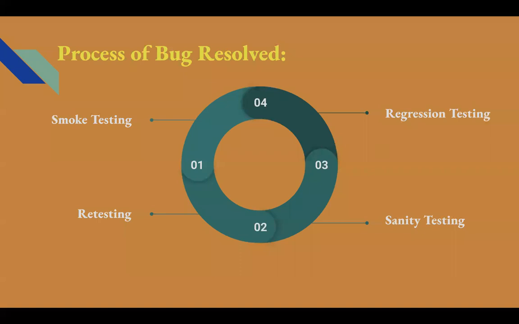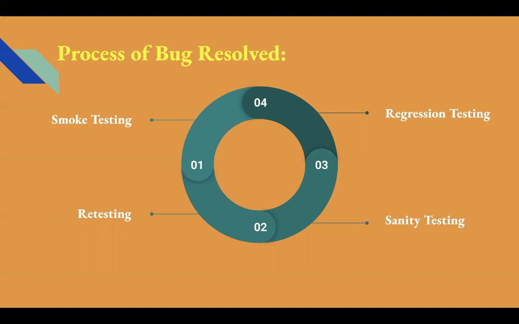What is the need of sanity testing? Let me explain the whole thing with an example. There is a possibility that the build contains code for testing mainly for two reasons: either the developer has fixed a bug in that build, or a new functionality or feature is added. In case a bug is resolved, the process would be that firstly, we test the build for stability by performing smoke testing. Once our build is stable, then we perform retesting to check whether that bug is fixed or not by performing the same scenario.